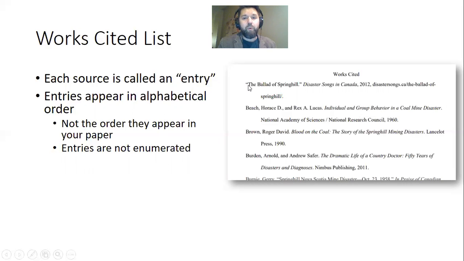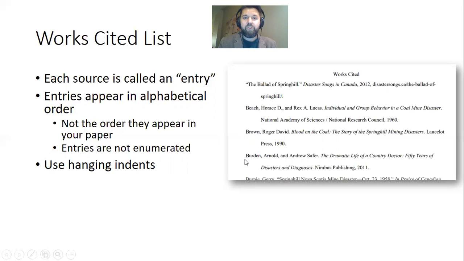So notice there's not number 1, number 2, number 3, number 4 for each one of these sources. So don't put numbers in your works cited list, or notice there's no bullet points or anything like that either. We have what's called a hanging indent, and I'm not sure, I think I might have shown you that last week on the video or not, but we'll take a look at it. So a hanging indent, you'll notice, yeah, I think I did, if I remember correctly. But you'll notice that I can take my index finger and just scroll down this list of sources. If I take my index finger down this area where my mouse is, you can see the only thing that I come across is the very first word.